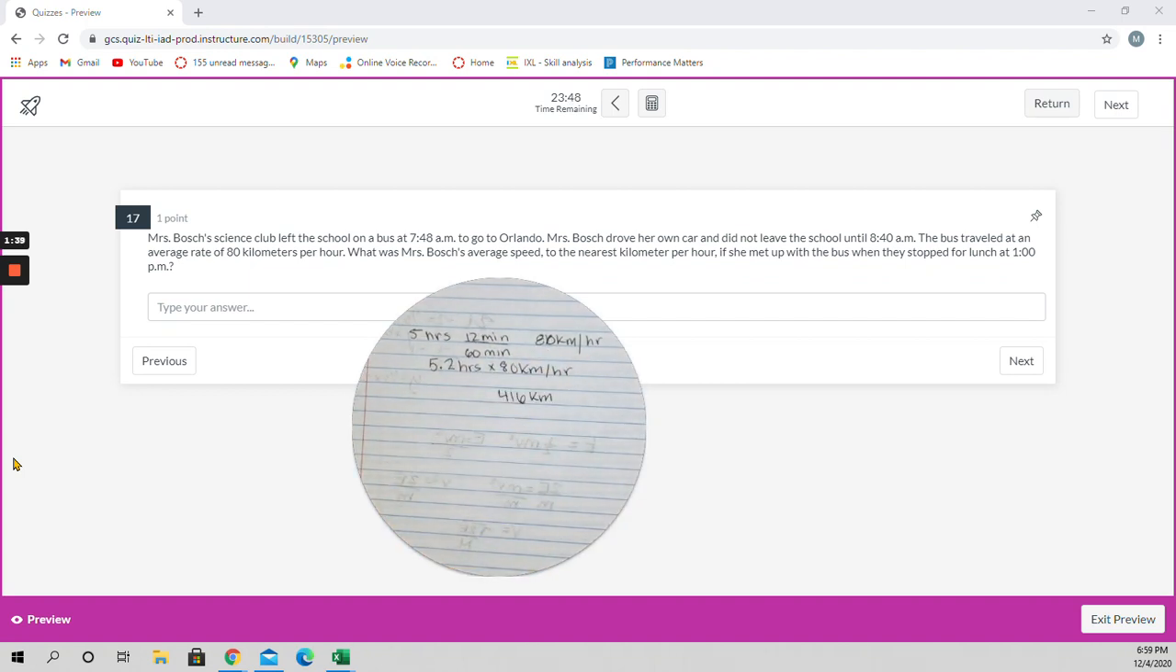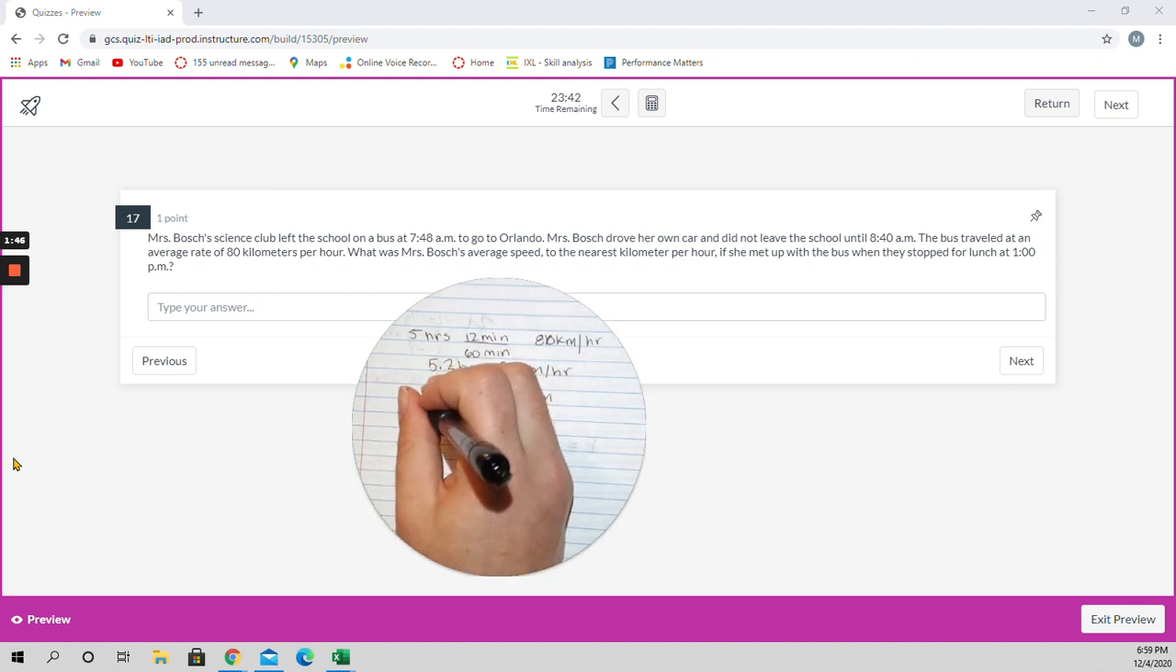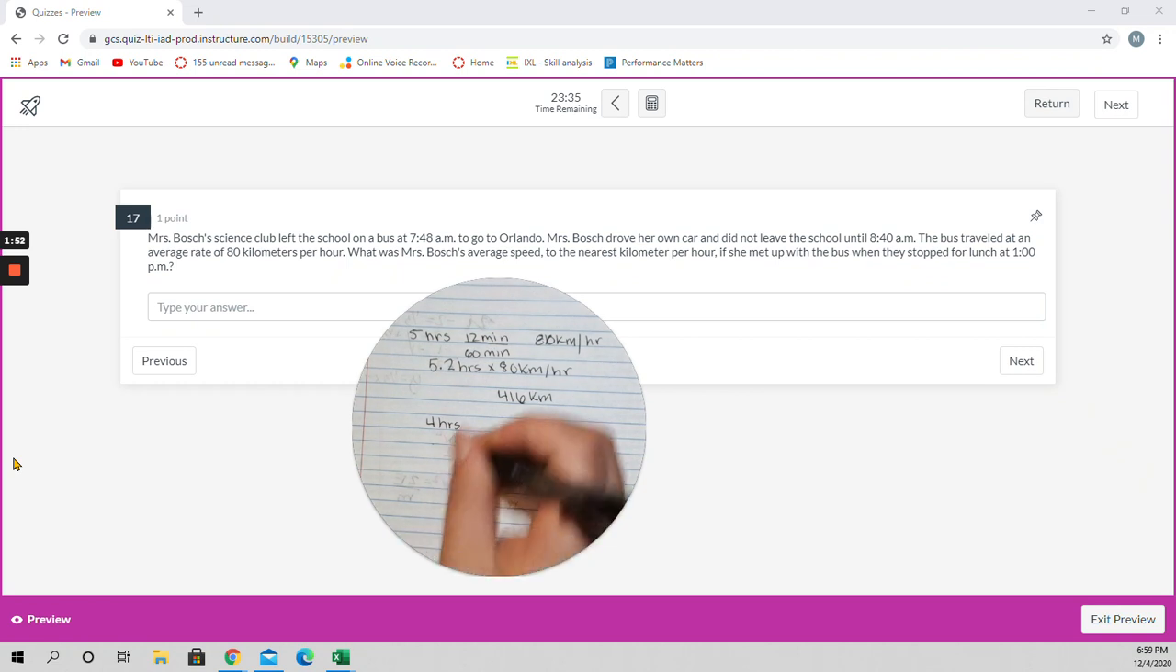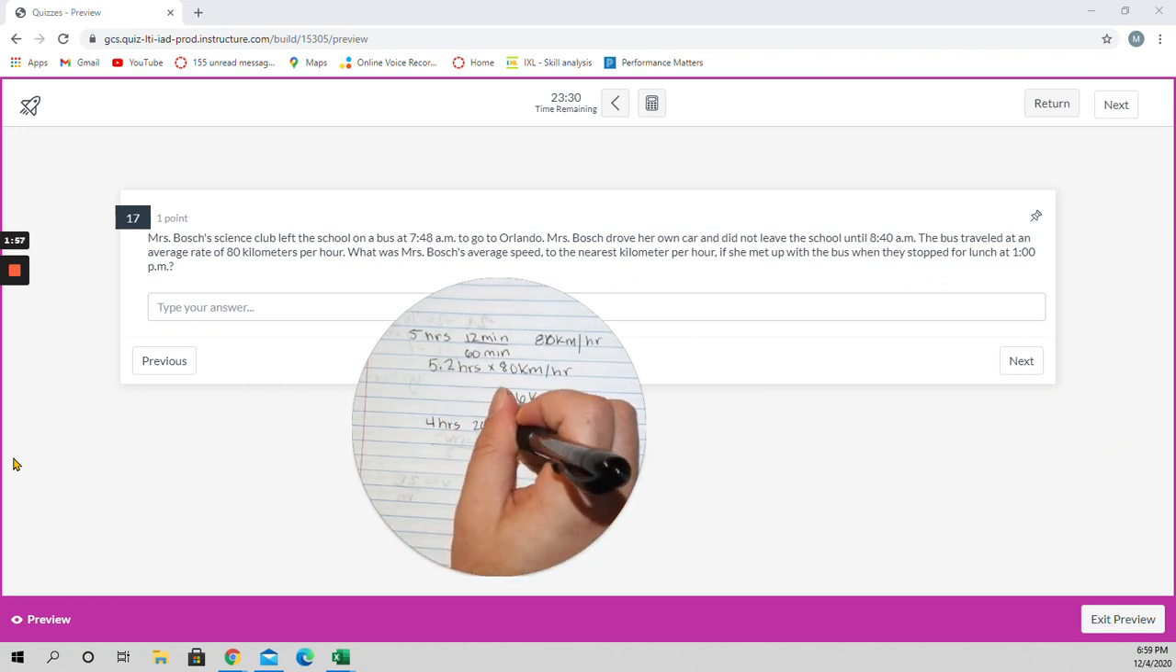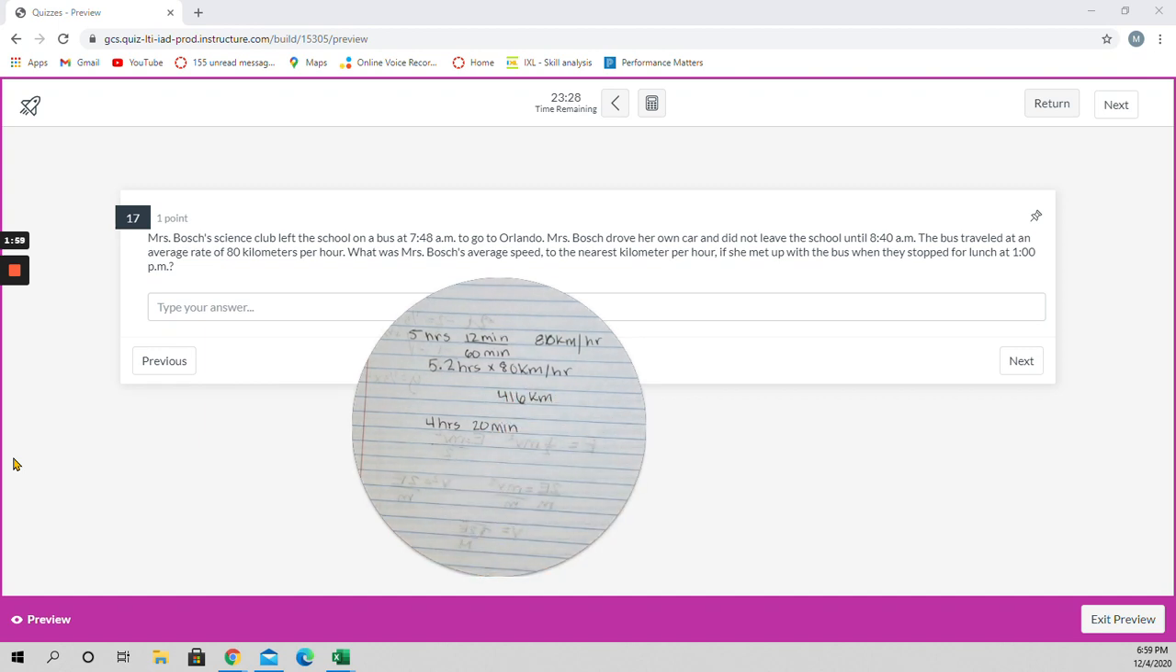Now, Mrs. Bosch started at 8:40 and met up with them at 1. So from 8:40 to 1 is 4 hours and 20 minutes. Now 20 minutes of an hour, 20 out of 60, is 1/3. Now here's the issue. I can't write 1/3 as a decimal because it's repeating, so I'm going to use this